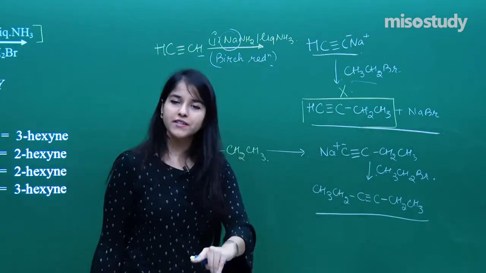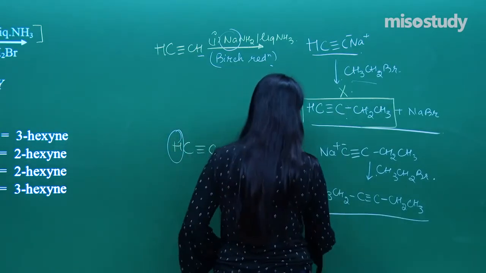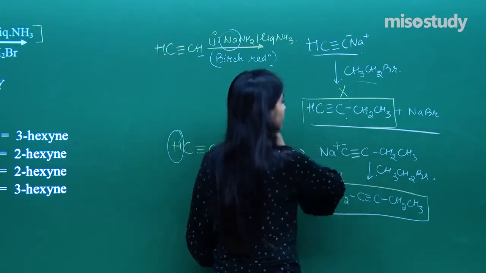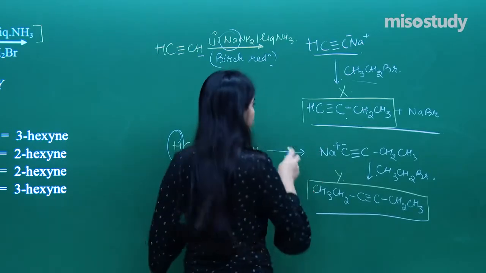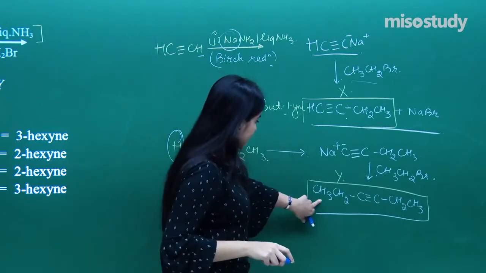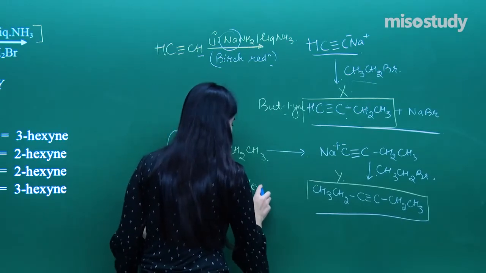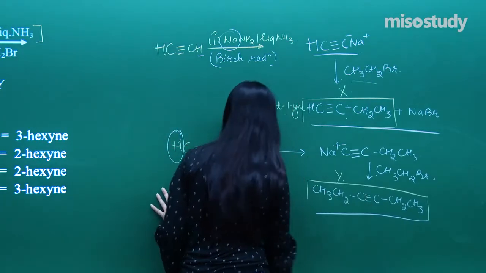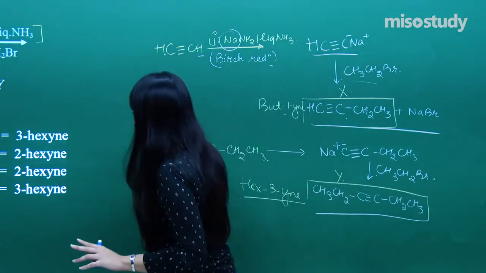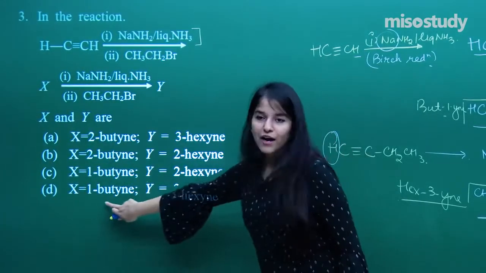So I hope you all have got the same answer. Here the X was this and the Y is this. That means how many carbon atoms? Let us just count 1, 2, 3, 4. So I need to have but-1-yne. So that is but-1-yne. And what is this? 1, 2, 3, 4, 5, 6. Having 6 carbons, that is hex, and I've got 1, 2, 3. Hex-3-yne. So that is the answer. That means I need but-1-yne and hex-3-yne. Where is it? But-1-yne and hex-3-yne. I've got the answer over here.